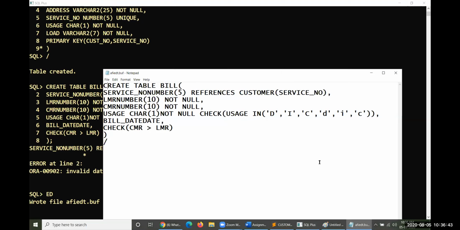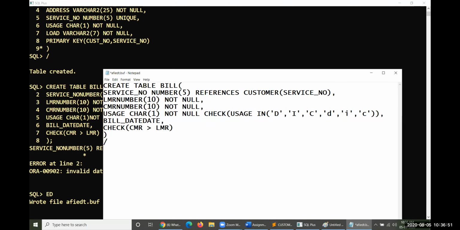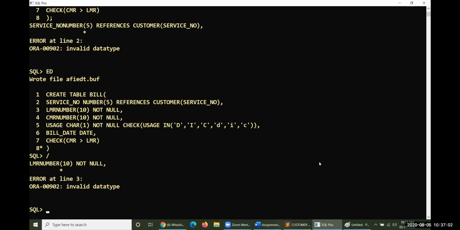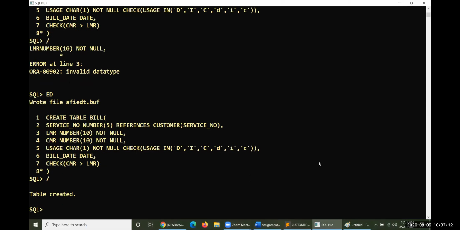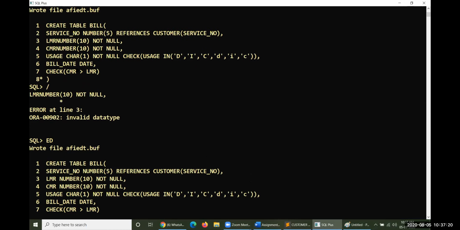Continuously, this is getting a problem here. So copying service number, and something is missed here. Okay, so here it is missed. Bill date also gets included. Everything is okay now. Okay, our table is invalidated. Sorry, again, LMR. This one, here it is. Okay, yeah, our table has been created. I had been copying somewhere else, so that is why everything merged together, and that is why we got some problems here.